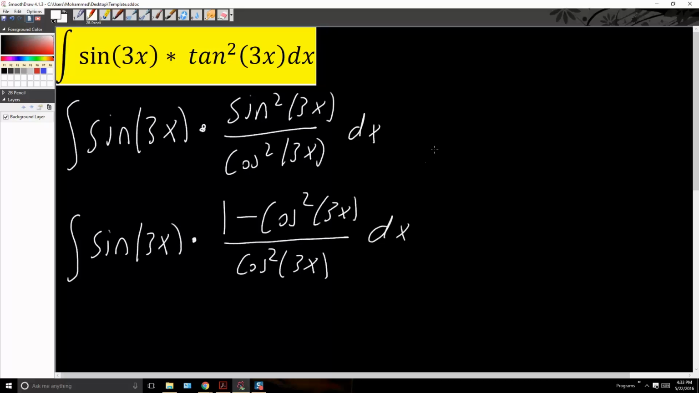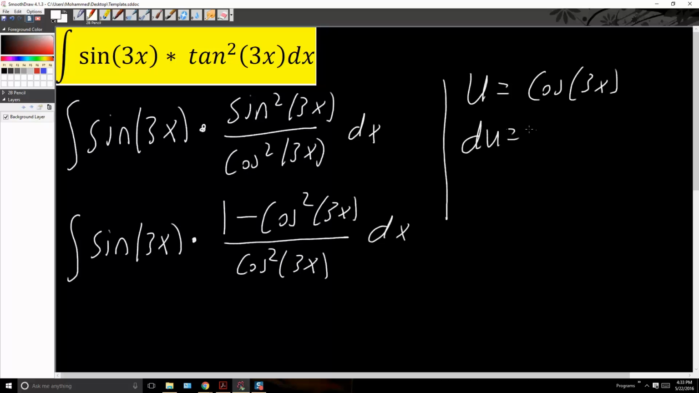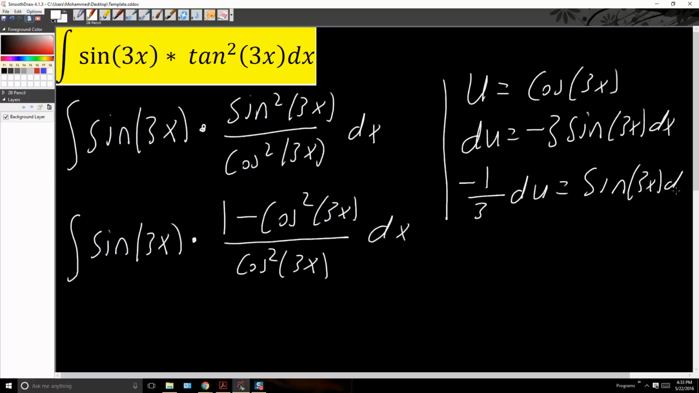And now we will use u substitution. So we will say that u is equal to cosine 3x. So our du is negative 3 sine 3x in terms of dx. So then we can say minus 1/3 du is equal to sine 3x dx. This will cancel out this term, and we will have minus 1/3 the integral 1 minus u squared divided by